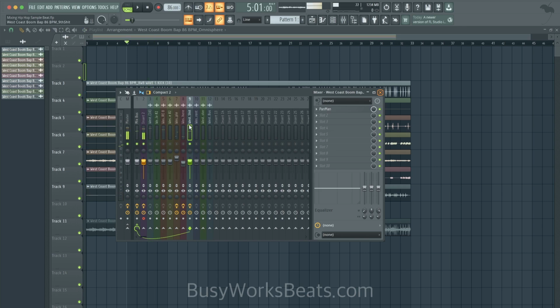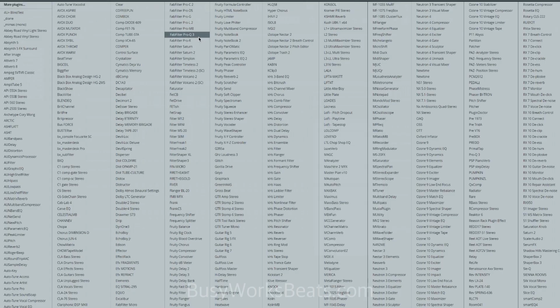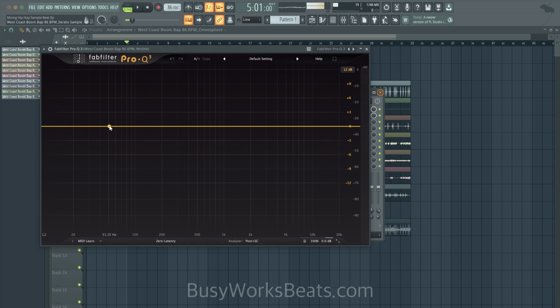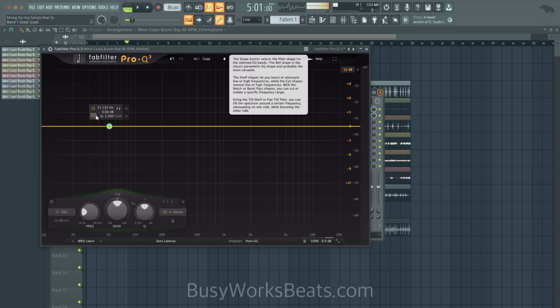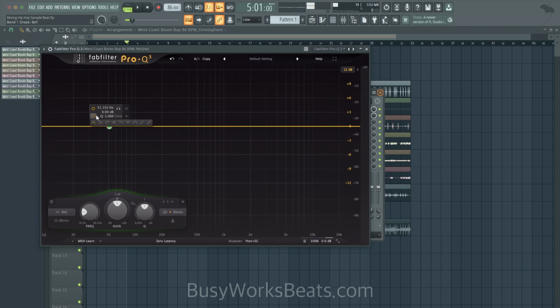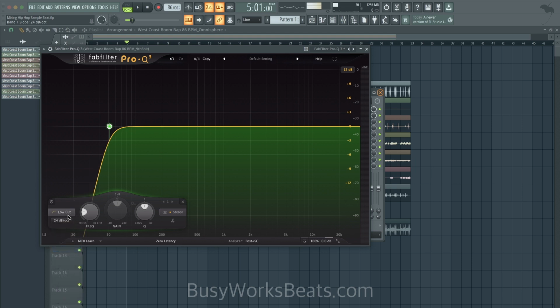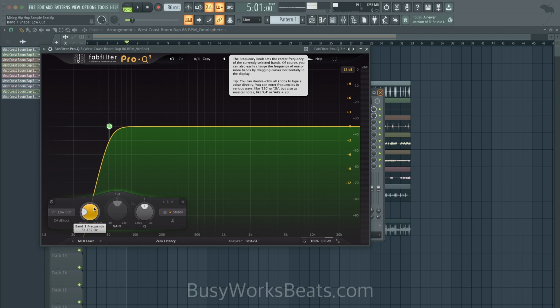Now you notice when you start soloing, a lot of you guys hear advice not to solo. That's only partially true. I understand why people say it. It's so you don't solo a mix and then everything doesn't blend at the end. But here, the reason we soloed is because now we're hearing frequencies we didn't hear in the context of the entire beat. And some of these frequencies can be messing up the other frequencies of the beat.